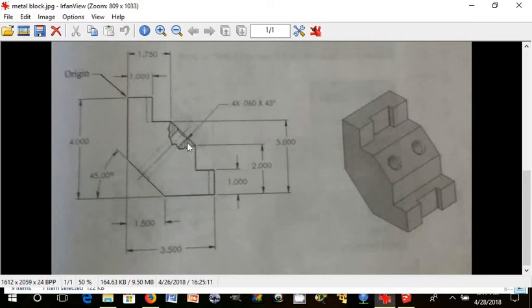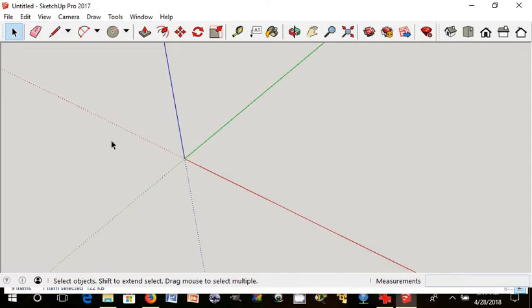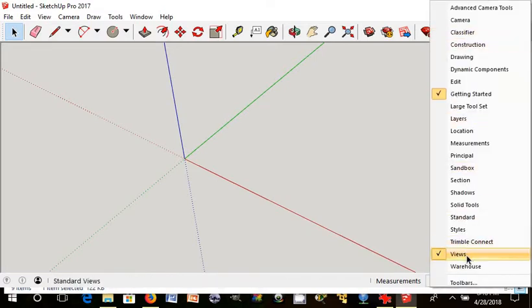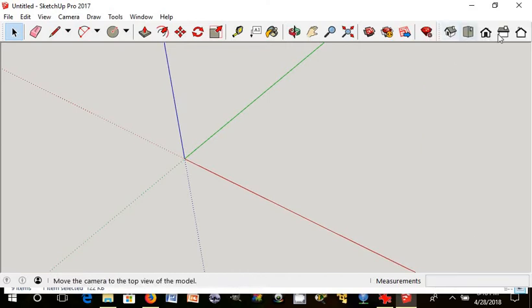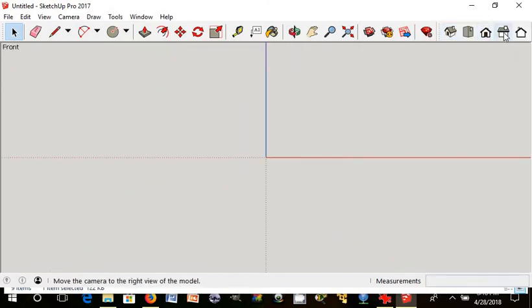So without further ado, let's get going. When you first open SketchUp, you're going to be in the isometric view. If you do not have these pictures of the houses up here, get them up there. How you do it is right click on empty space, click on Views, and it will add them. You want them. This is what helps us stay